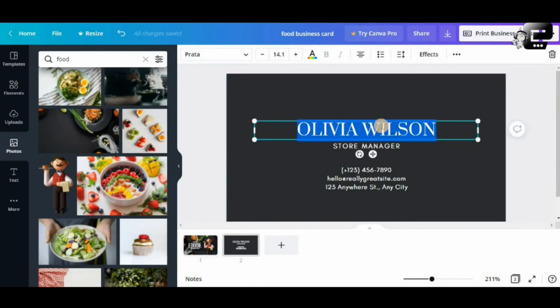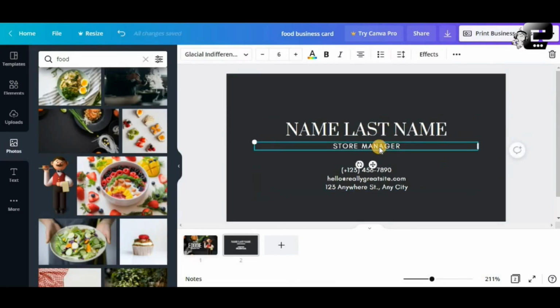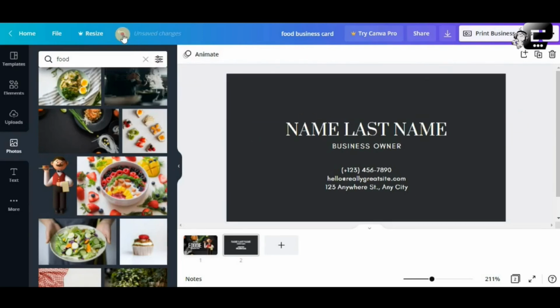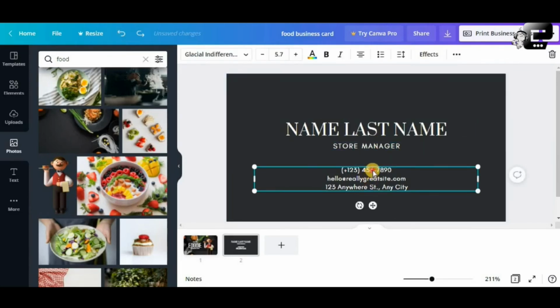You can place your name here. Okay, name. Alright, so your designation here, of course, for example, owner. Alright, you can undo that if you're not satisfied with the design. Alright, so you can play around with anything. This is the font.